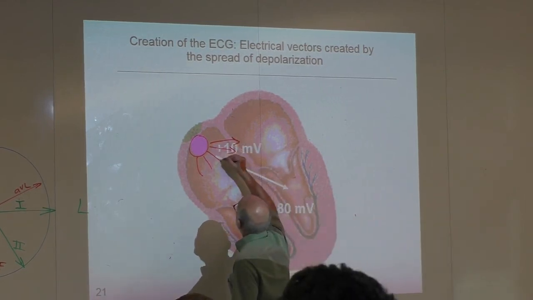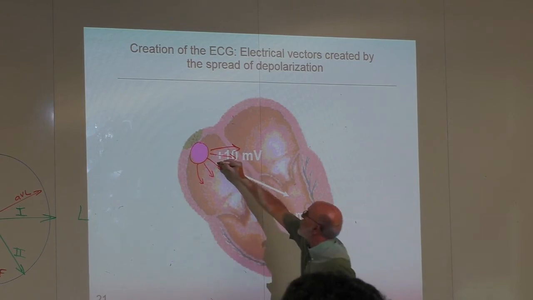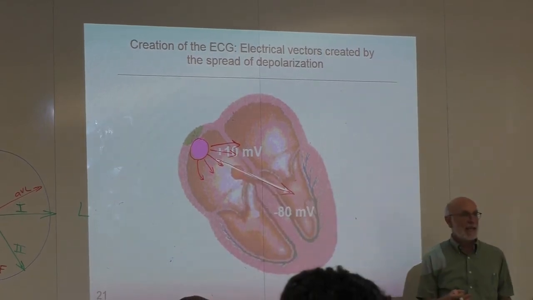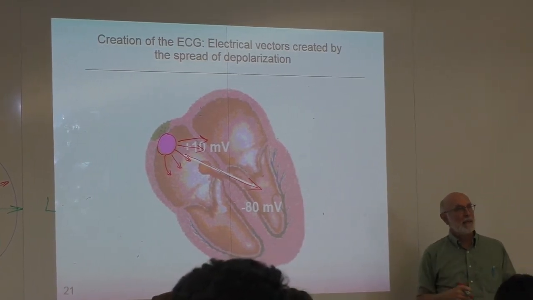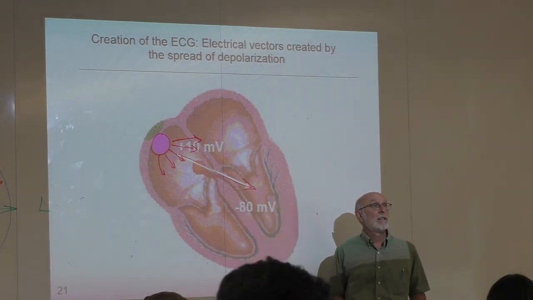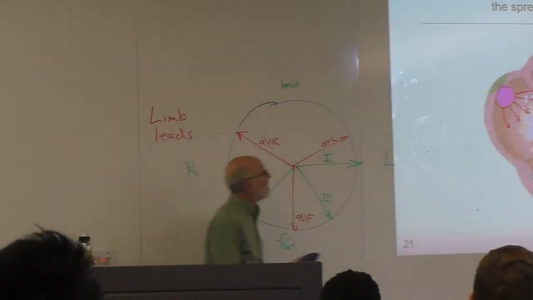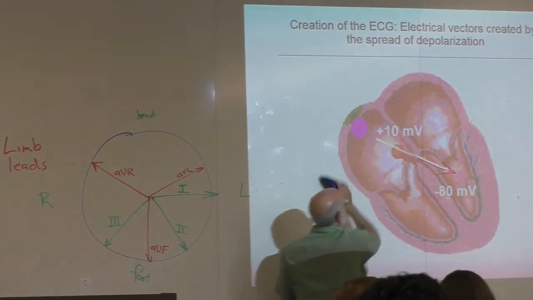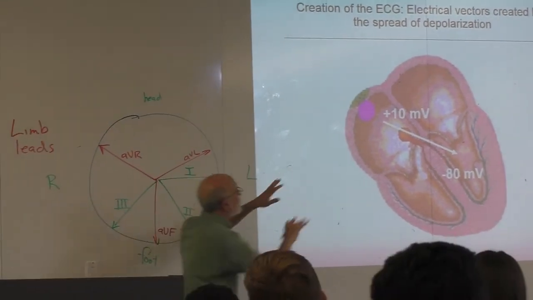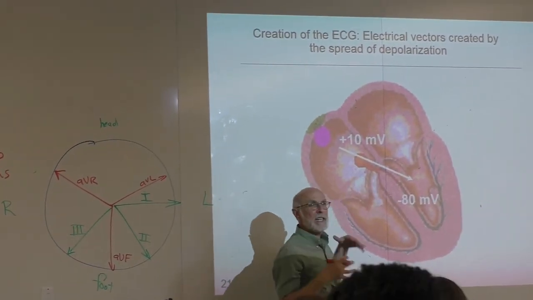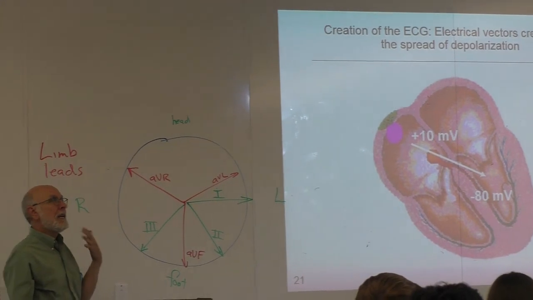And that spread of depolarization can be illustrated as a vector. Now we're getting into physics again. What's the definition of a vector? It's something that has something and something else. Amplitude and direction. So the vector of atrial depolarization looks something like that, right? It's spreading throughout the atria. If we collect all of that spread into one vector, it looks something like that. If a vector